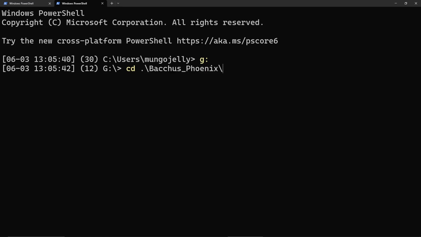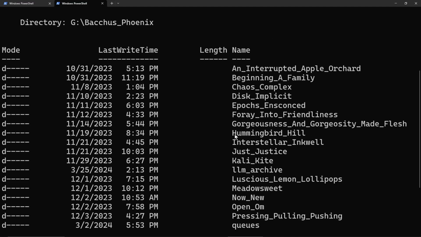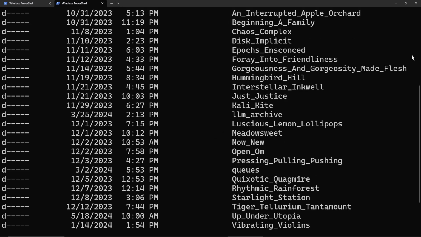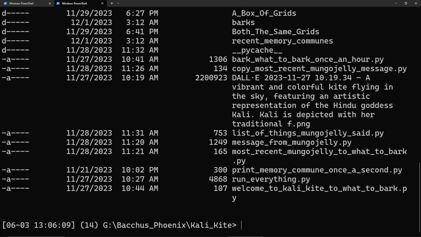There's the Bacchus Phoenix Apple Orchard. Bacchus Phoenix Apple Orchard had various stuff happen. Gorgeousness and gorgeosity made flesh, and these were different shapes of evolproc or non-evolproc or whatever experiments they were. I don't remember what happened in Calicite. Let's see. Calicite. Okay, yeah,